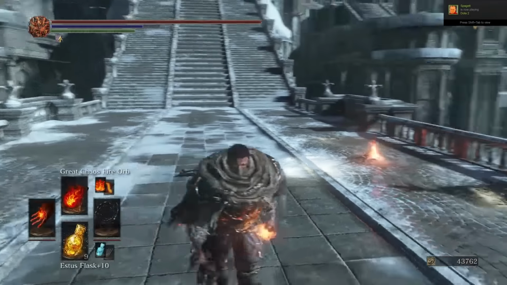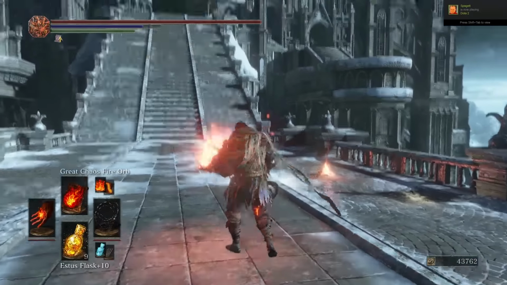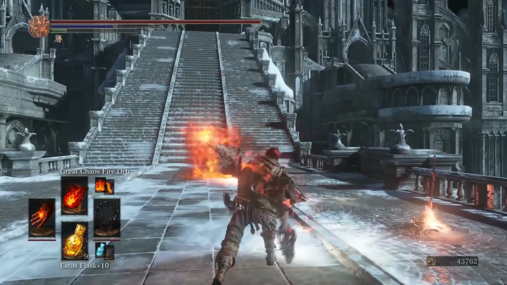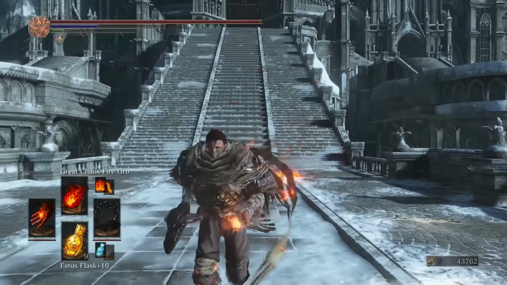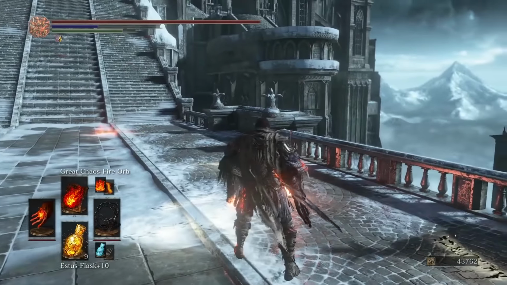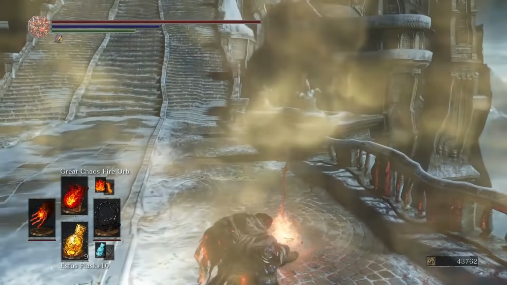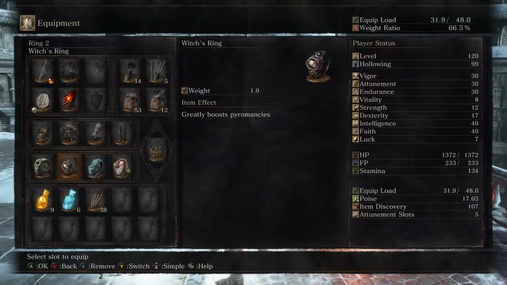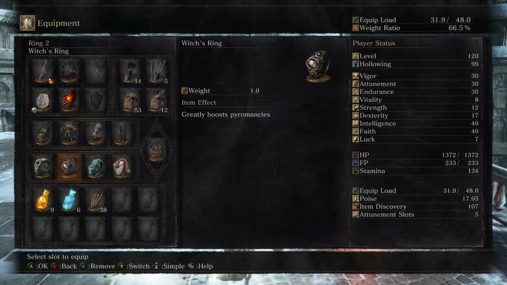Sage's Ring we ended up taking because even though our casts are already pretty fast as a Pyromancer, it allows us to really just chuck out those Pyromancies extremely fast, and especially as powerful as Great Chaos Fire Orb can be, that ends up being quite devastating. As for our other choices, using the Witch's Ring, pretty obvious because of the huge boost it gives to Pyromancies,